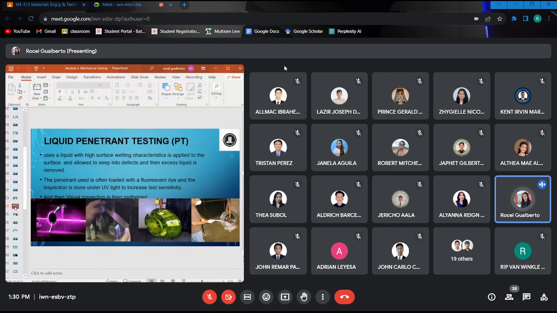The second one is the liquid penetrant testing. This also goes together with visual inspection. There are cases where, using visual inspection, we cannot see the degree of severity of the surface discontinuity, because what we see is only a very fine crack, or we cannot see the crack at all because it is so small. So, to really see it and measure how large it is, we make use of this